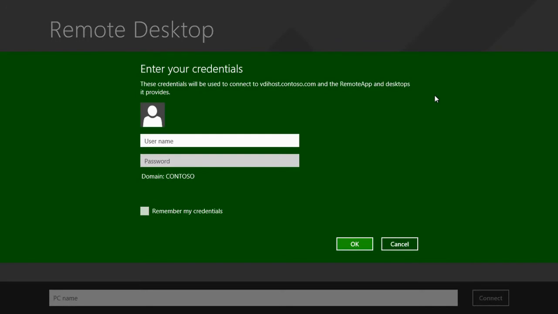Now, because Ed is logging in for the first time, he's asked to enter his credentials. IT could choose single sign-on capabilities where users just log in once on their client and don't need to enter their credentials again. So let's put in Ed's credentials here.